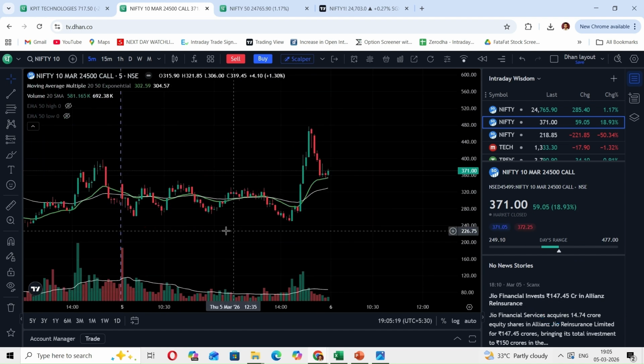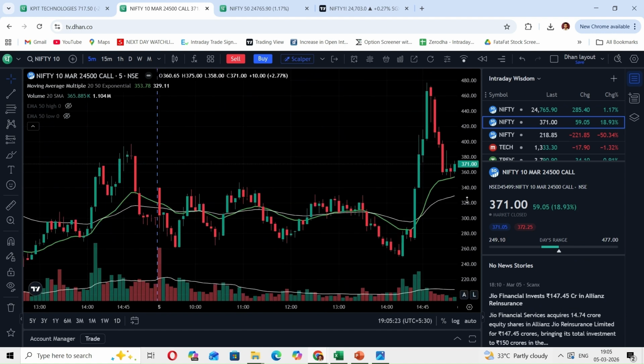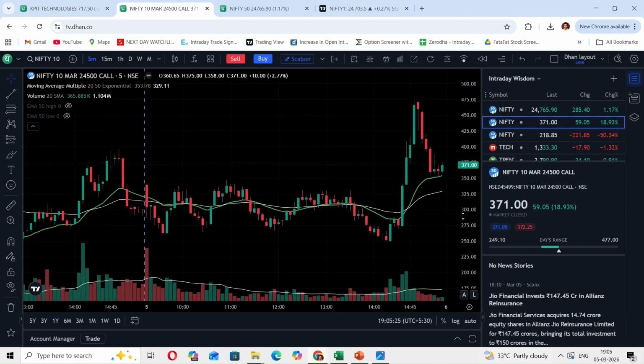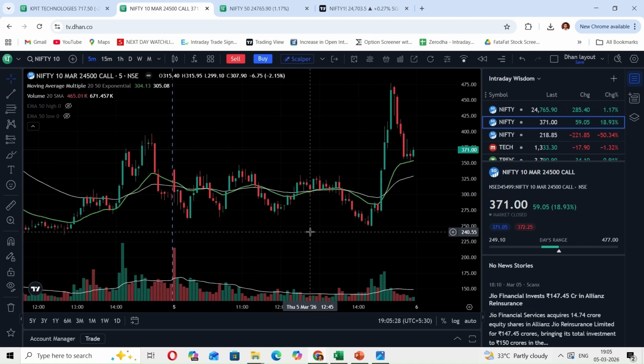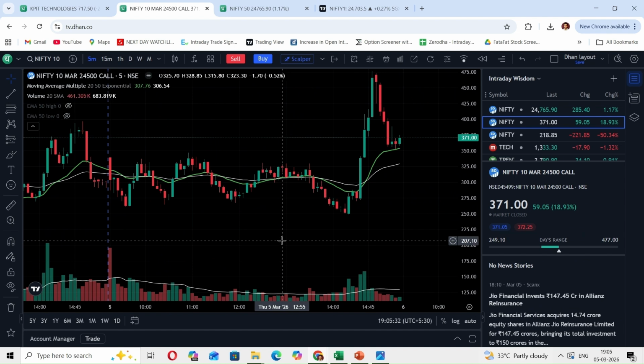See here, this is a call option buying chart. Perfect. Why have most of the people lost today? We need to remember a simple logic. I have always told you that